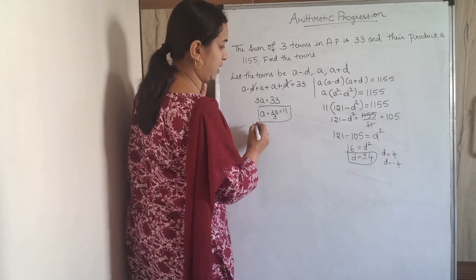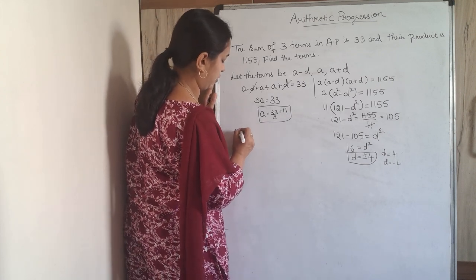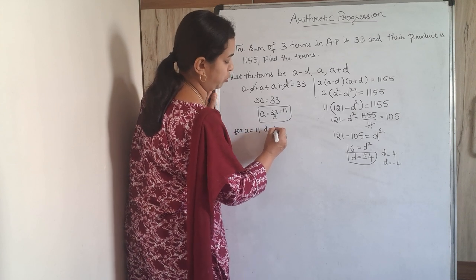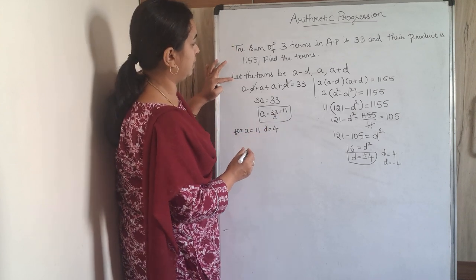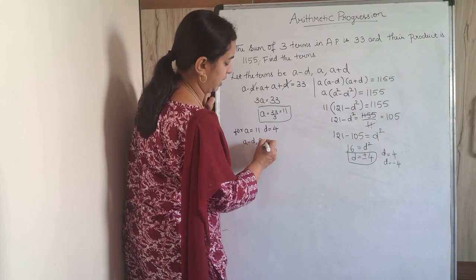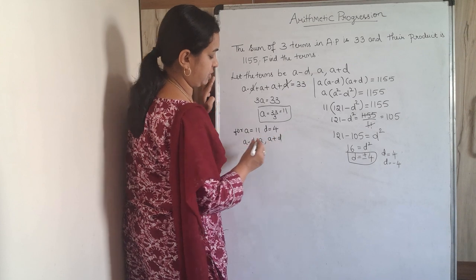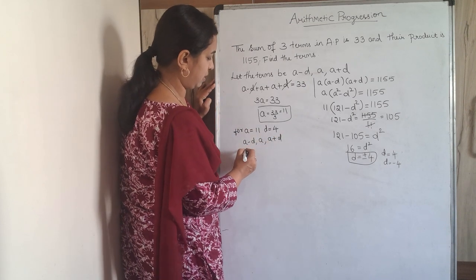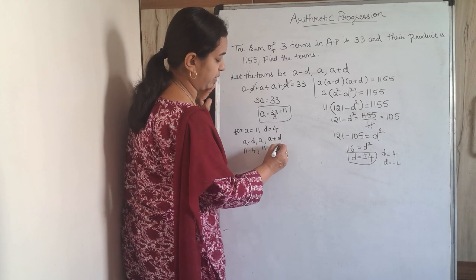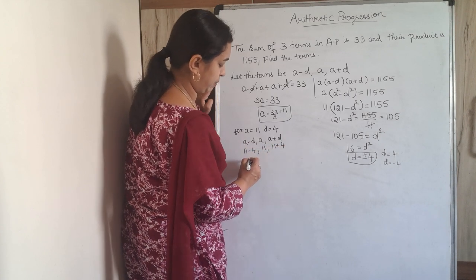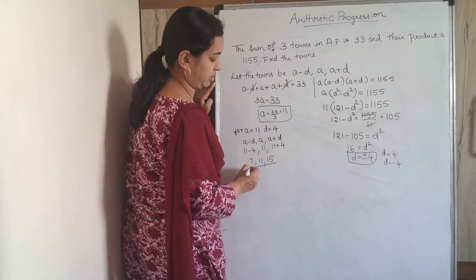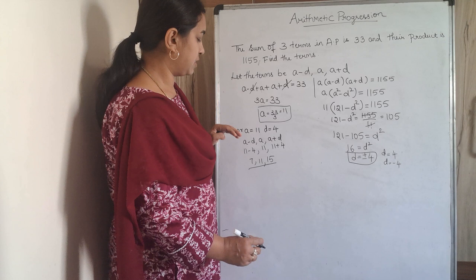So here, for a = 11 and d = 4, the terms will be a − d, a, a + d. Substituting these values: 11 − 4, 11, and 11 + 4, which will be equal to 7, 11 and 15. Okay. Next, you need to write